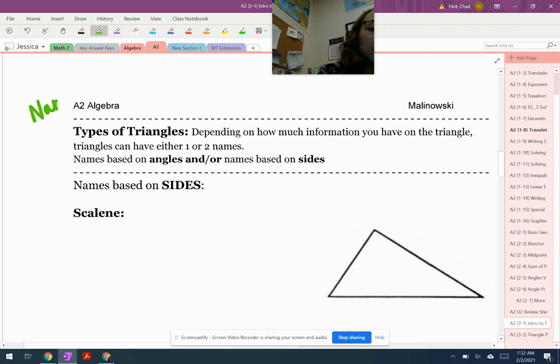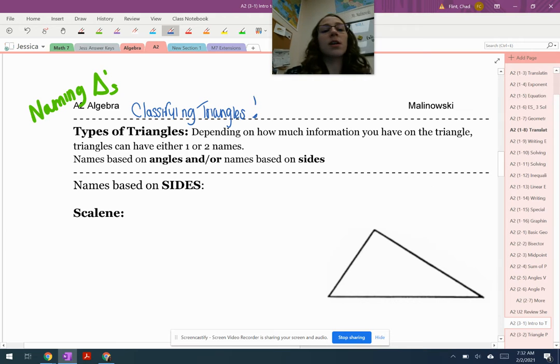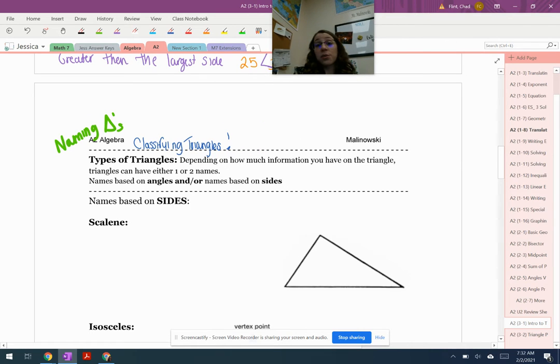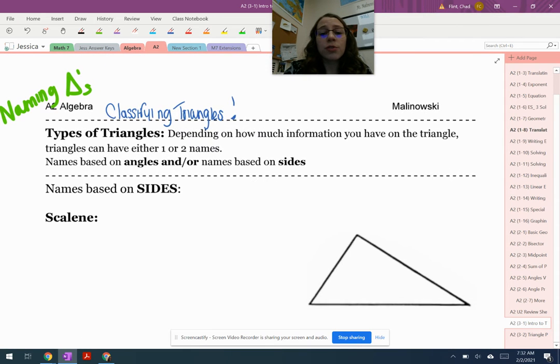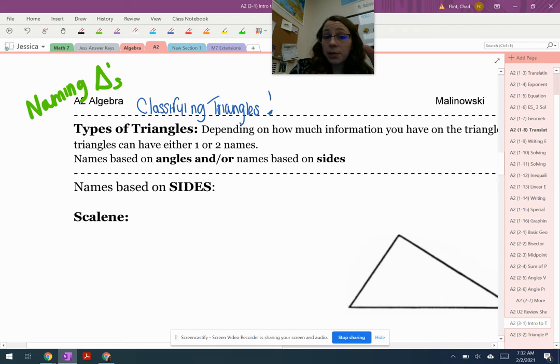So this is naming triangles. This is also classifying. All of those things can refer to what this is doing here, types of triangles, names. Depending on how much information you have on the triangle, depending on if you have sides or angles, you can classify, or you can give a triangle either one or two names. Triangles have names that are based on the angles that they have, and they have names that are based on